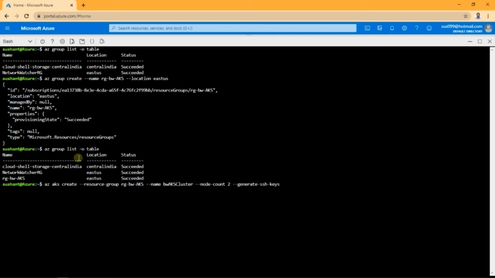If you want to add any add-on, you can add it here, you can attach your ACR, or you can provide the service principal name in the same command. I'm not going to do that, I'll let it manage the service account creation. It will be created during the deployment of the AKS, and let's hit enter. It will first create the service principal, and then it will start deploying our AKS cluster. I'm going to pause the video here because it takes around 3 to 4 minutes to complete. Once it completes, I will resume this video.